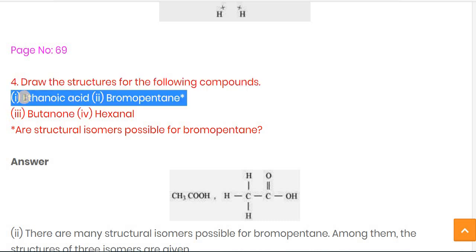So the first one, that is of ethanoic acid. So here you know about the oic acid. The suffix oic acid means it possesses the carboxylic group, and ethane means it possesses 2 carbons. So according to that, if you prepare the structure, you can get this kind of structure: CH3COOH, methane, ethane. And COOH stands for the carboxylic acid, and for the carboxylic acid, the oic suffix is used.